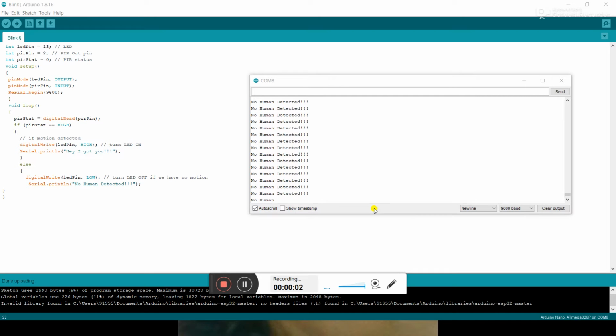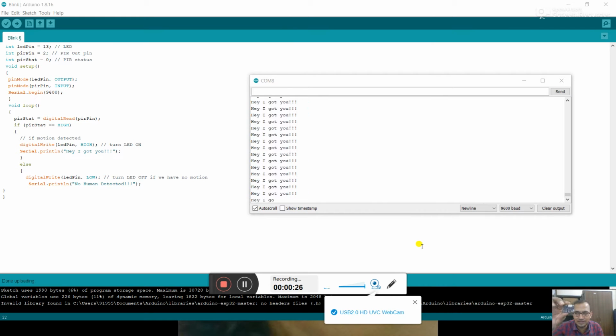Hello students. So this is experiment number 10 and here I have written the code on the Arduino Uno text editor, and here you can find I have declared a pin LED 13 as output. A PIR pin is 2, and here I am switching on my camera.